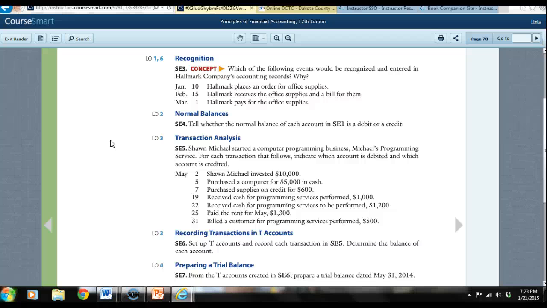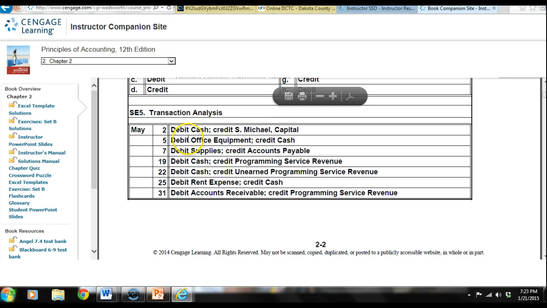Owner's equity increased also, didn't it? So as you go back here and see, debit cash, and we would credit S. Michael Capital, wouldn't we? Make sense? So cash got increased, and the Michael Capital equity, owner's equity, was increased, didn't it? Next,